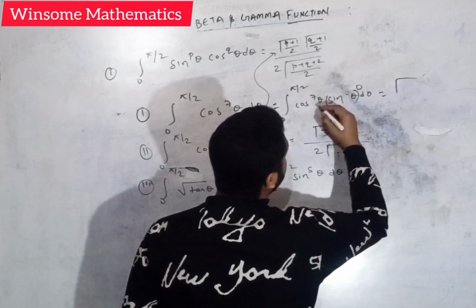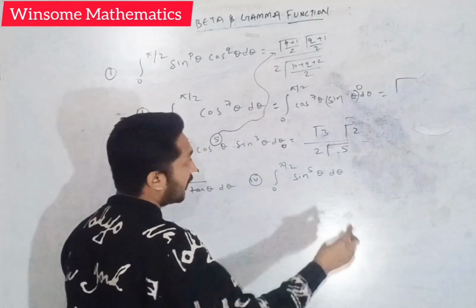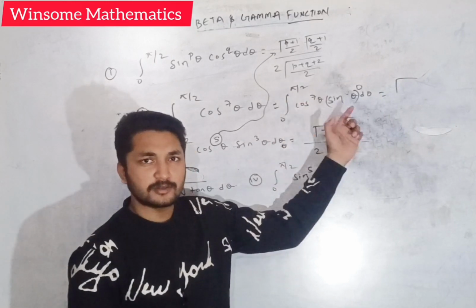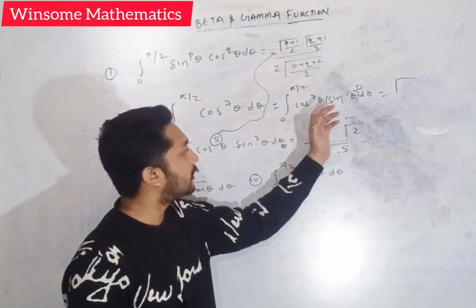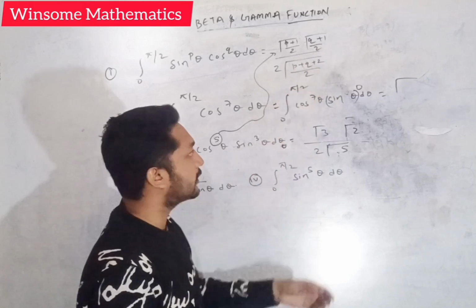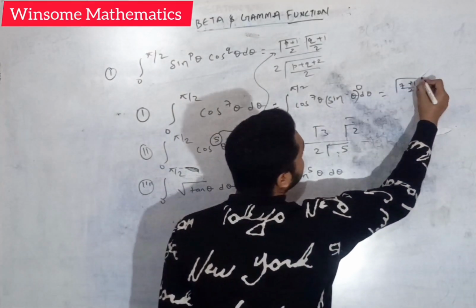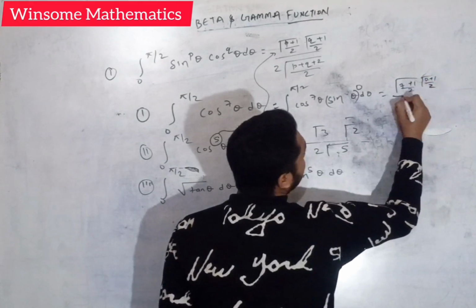And what is here? This is (7 plus 1)/2. I have done this before because you might find it strange with 0, so this is not a problem. 0 is also (0 plus 1)/2, that is gamma 1 by 2. So gamma (7 plus 1)/2, gamma (0 plus 1)/2, and gamma (7 plus